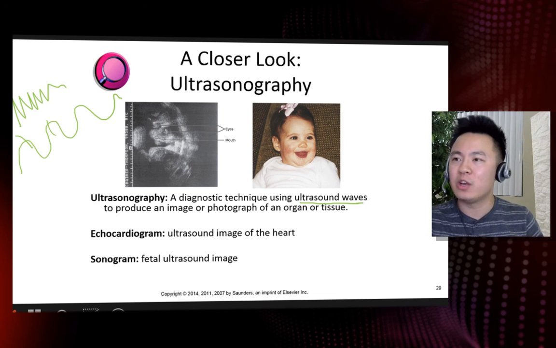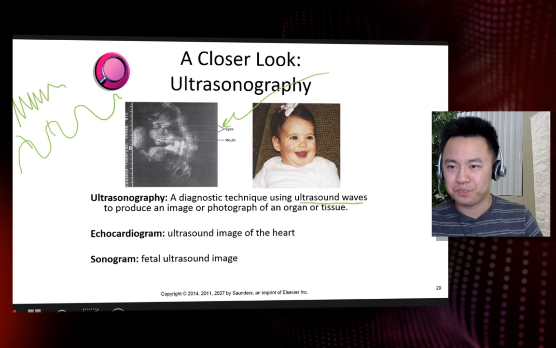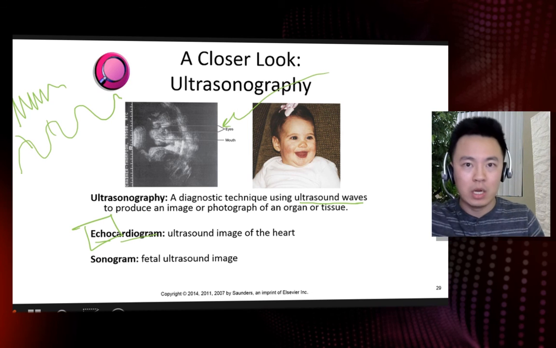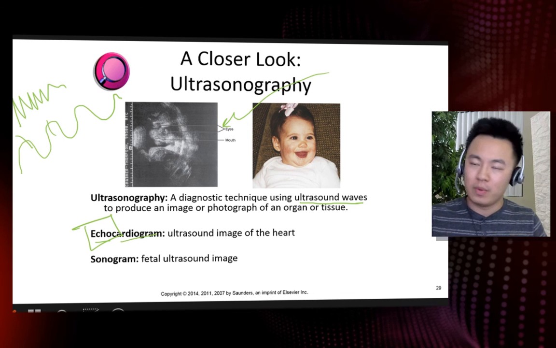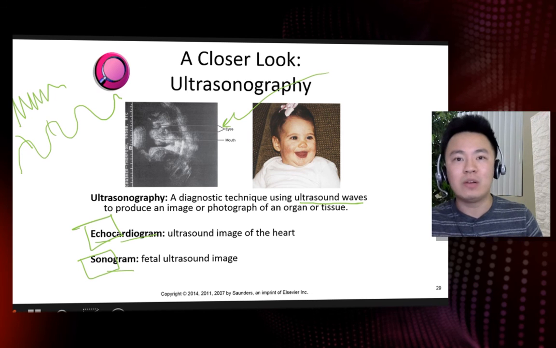The author of our textbook here provided us with an ultrasonography of her young baby girl, so that's quite interesting. An echocardiogram does the same thing. It uses ultrasound in order to get an image of the heart. And think about echo here like a bat. A bat uses echolocation, sending out very sharp sound waves because they can't see at night. Once the sound waves bounce off a surface, they come back and the bat receives them in its ears, or whatever its receptors are, to map out the surroundings. And we definitely here have a sonogram, which again gives us a fetal ultrasound image as well.